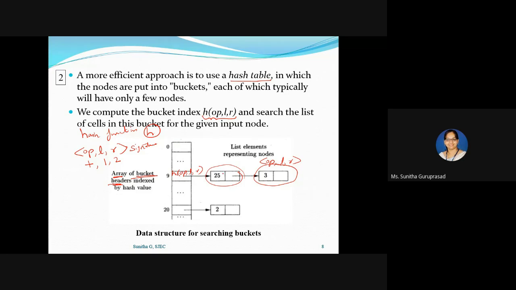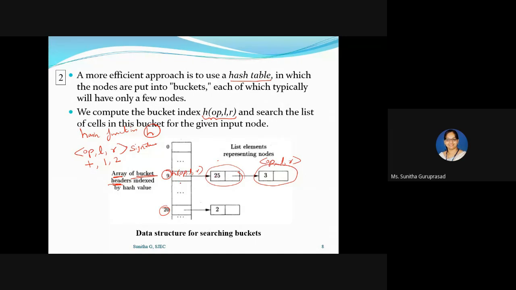But what they say is, suppose you want to search for an element in the hash table. They usually check for the value number v, like 9, 20, all these are value numbers. This value number is stored in each of these signatures, and based on it they search for the nodes in the particular bucket.